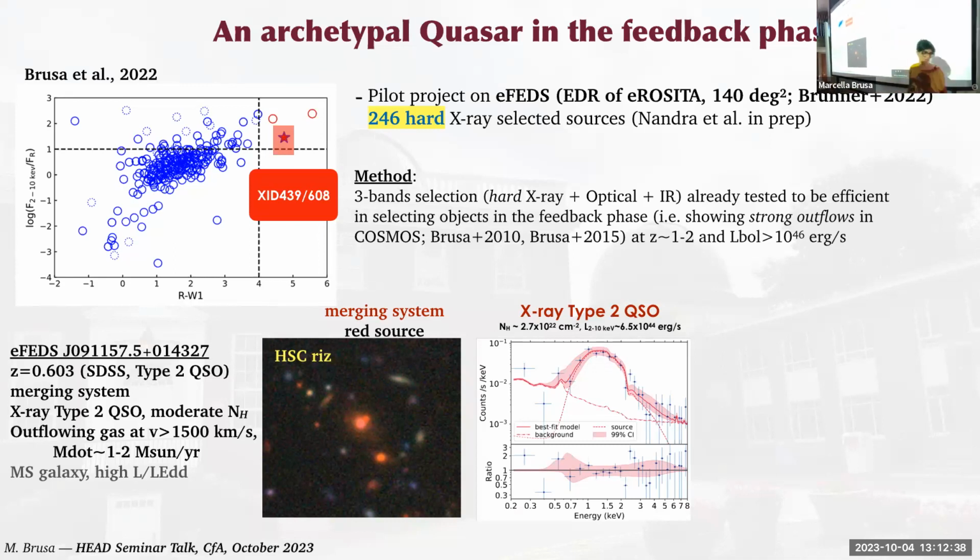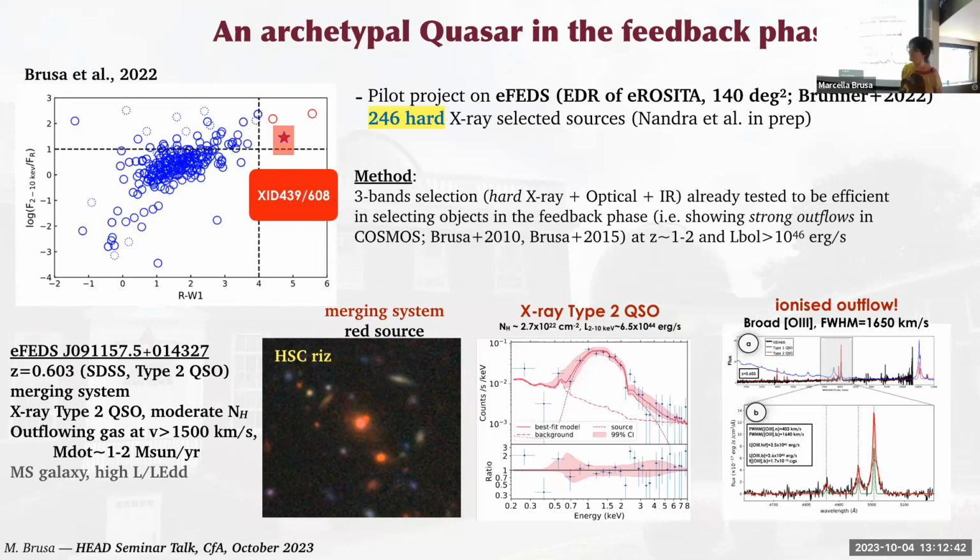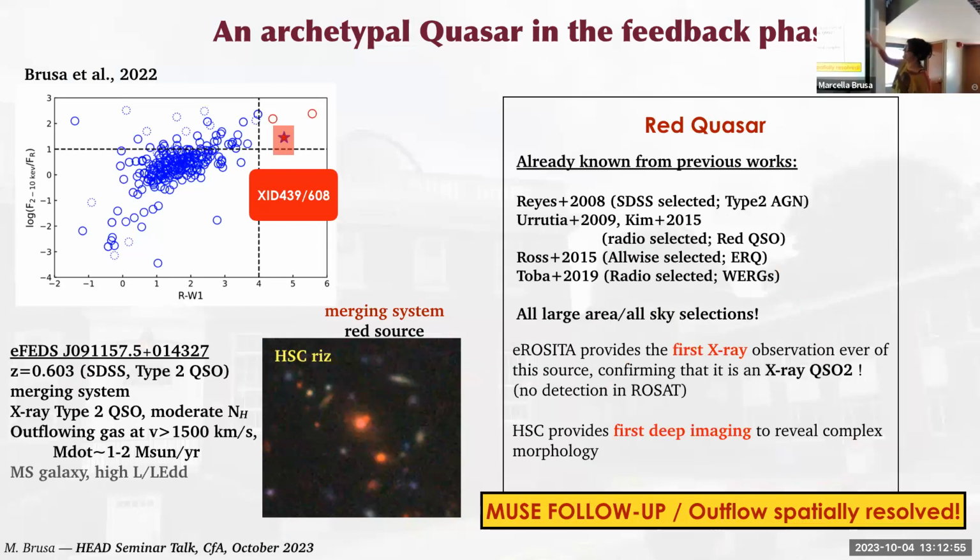source of course, X-ray type 2 quasars with relevant column density, and the O III line, as you can see here, is pretty much broad, larger than 1,500 kilometers per second. So the main message here is that these objects are not unique, they've been already known. In fact, this same source was already present in several all-sky catalogs, but it got unnoticed for this particular, let's say, relevance as an agent of feedback,